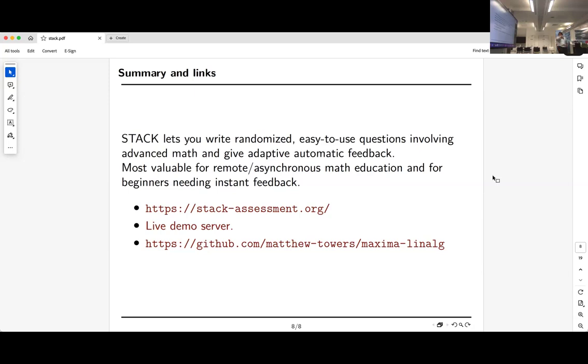As to what backend they used, whether there was another option for Maxima, I guess Chris's problem was that he wants to make Stack open source, and he probably needs to distribute some kind of open source computer algebra system. And I'm not really sure what the options were back in 2012. I mean, if you were doing it today, you might think of using